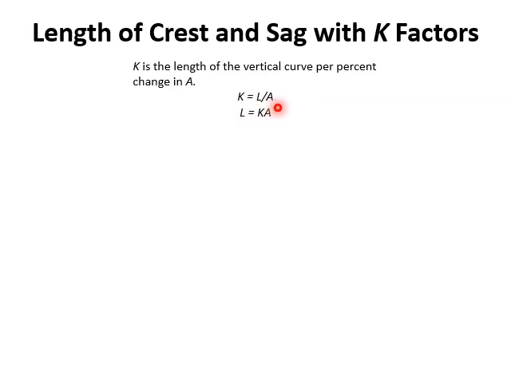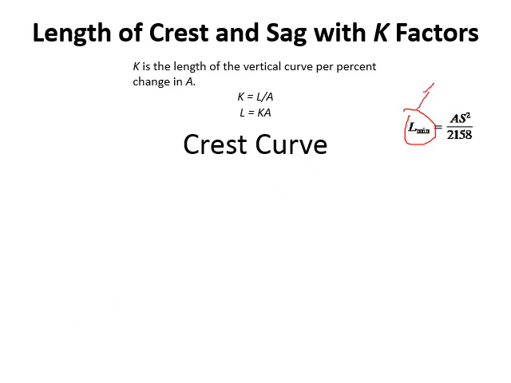Now the equations which we have for sight distance criteria can be converted into equations for k instead of L, like this. You see here. So this equation is for L. But if I put A on this side, instead of having L here, I can have k, because k equals L upon A.